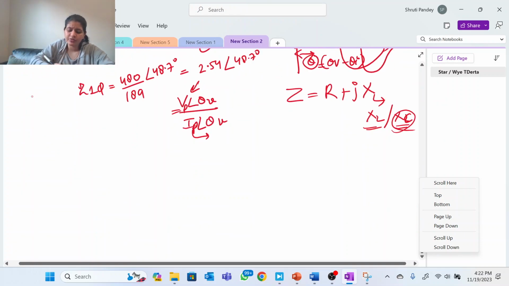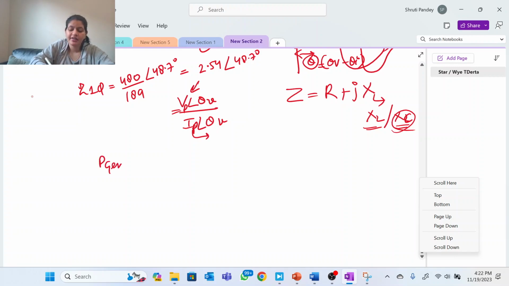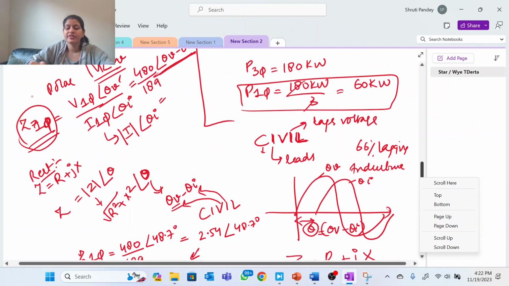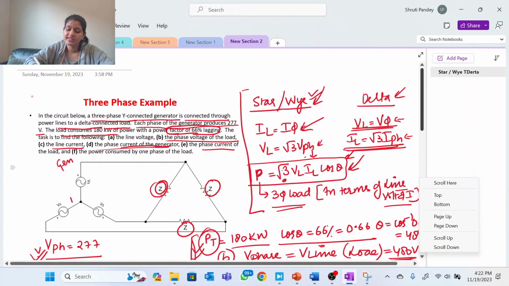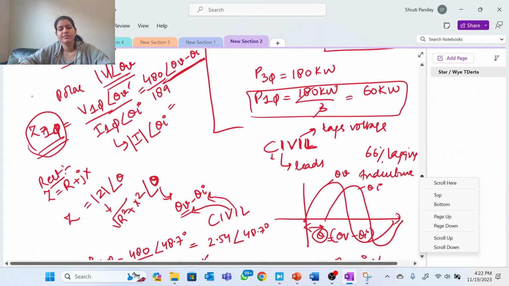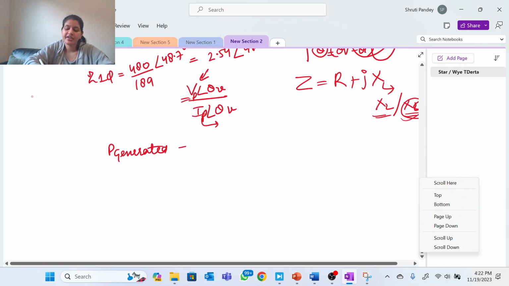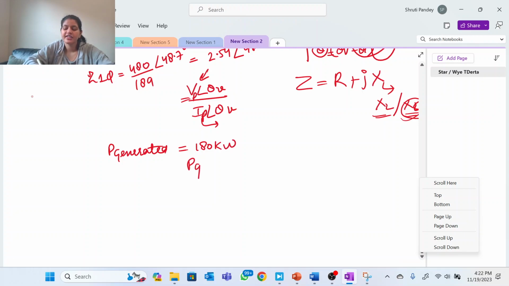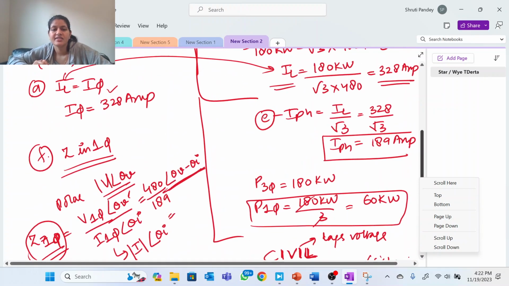And if somebody is ever going to ask you how much power is generated, the power consumed is already given in the question, that this load is consuming 180 kilowatt of power. So if somebody asks you for power generated, that will also be 180 kilowatt, because power generated is equal to power consumed. Right, so that's it. Practice this question well,